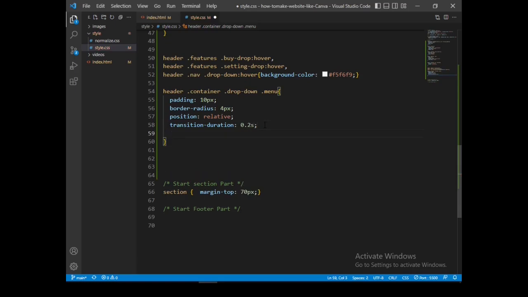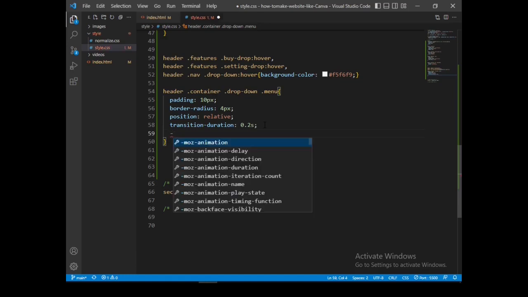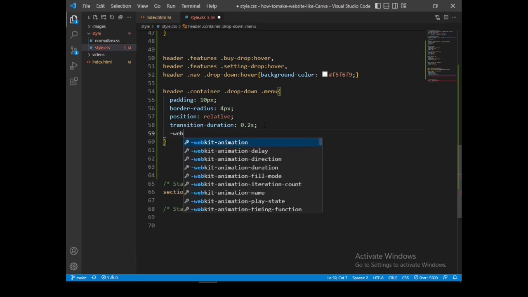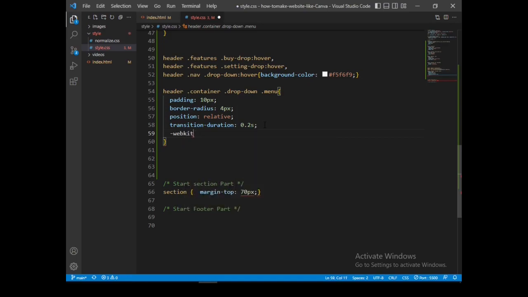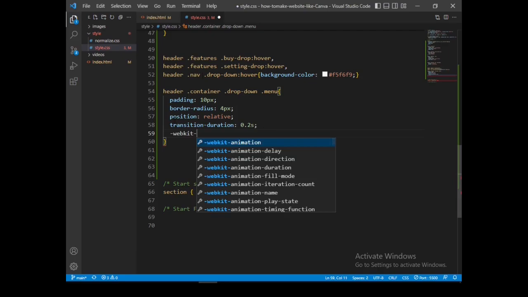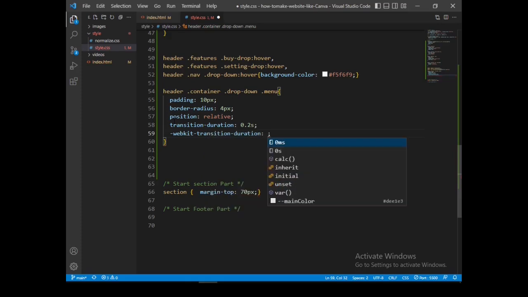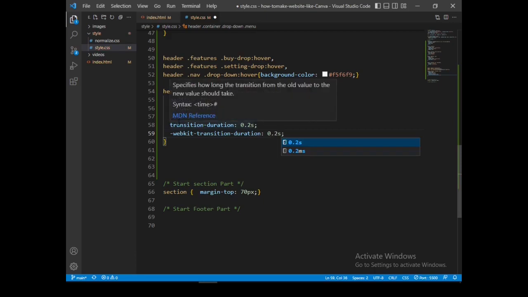While it's for different browsers, I need WebKit for our transition duration, so that it is compatible. Then we're done with that one.